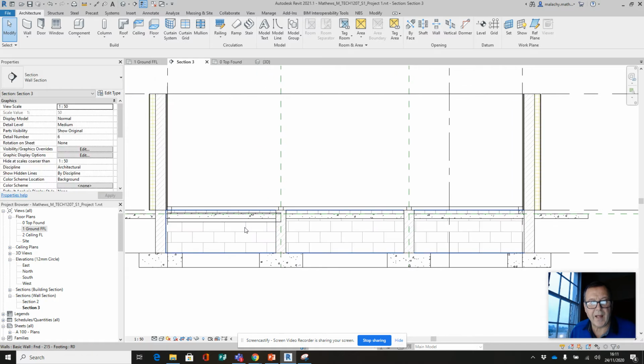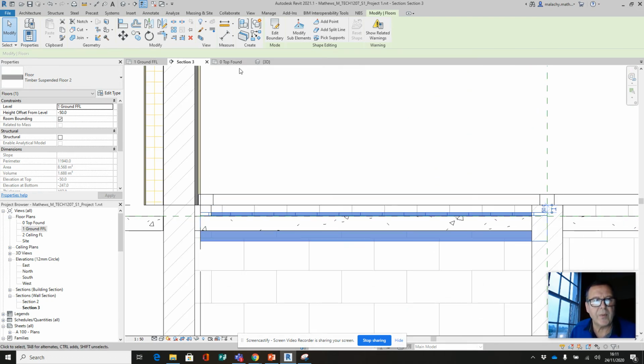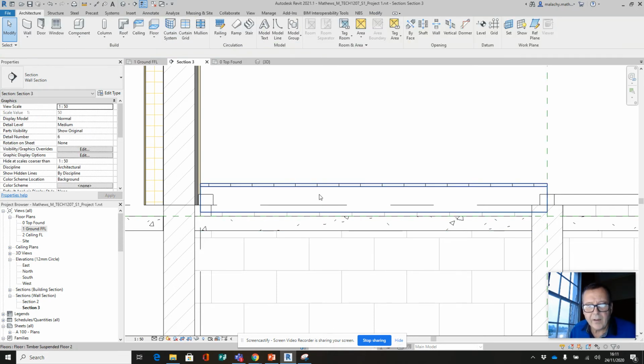And there is my, I'll go into my section 3 here now, and I'll show you my floor. Aha, look where it's sitting. Okay, because I did say it works from the finished floor level down. So we need to find out how high we need to raise this up, which is going to be 150, I do believe. So I would put in a 150 here and apply,